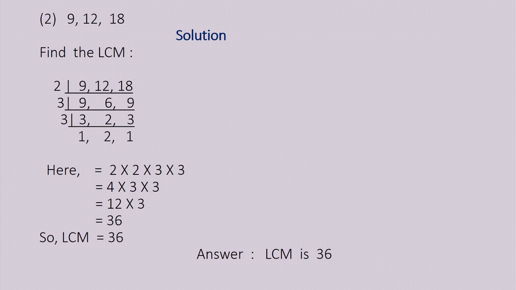Students, please look on the screen. Here we have two odd numbers and one even number. That means now we cannot divide the numbers by 2. We go to 3. We can divide all the numbers by 3. After dividing, we get 3, 2, 3. Again we can divide by 3 because two numbers are odd, one is even. After calculating, I get the answer 1, 2 and 1.